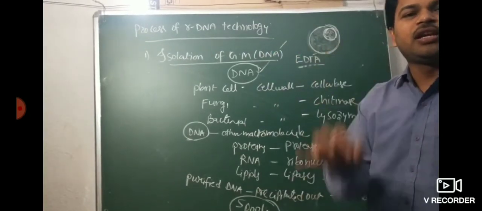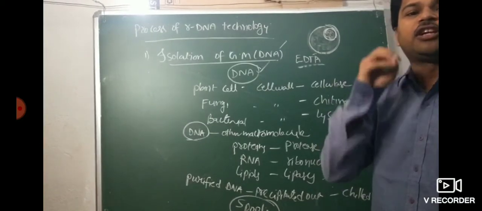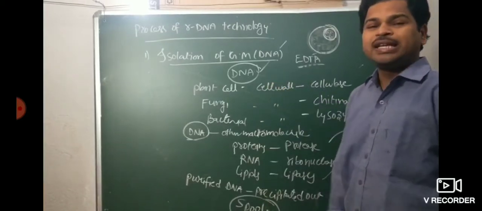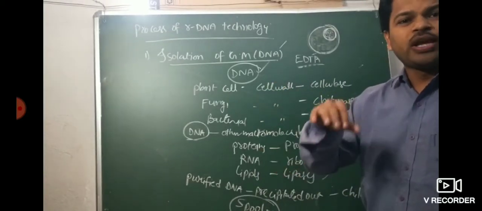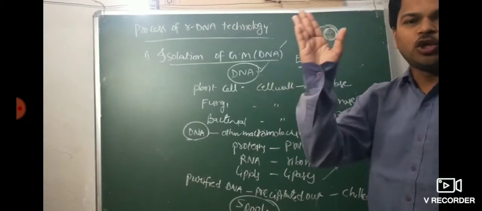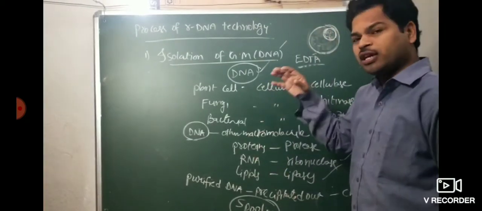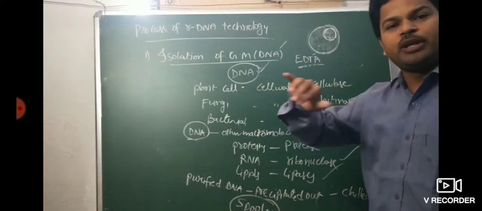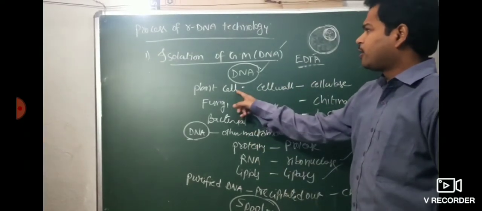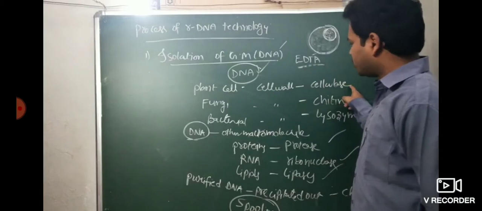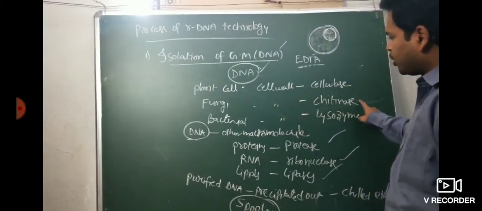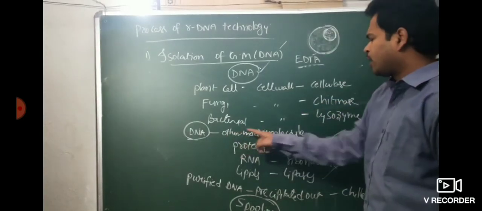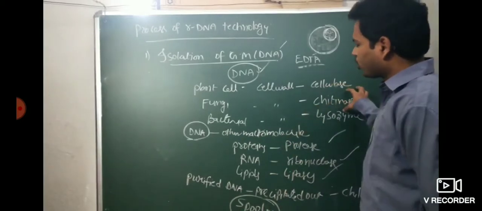ultimately, every living organism has genetic material. In the majority of living organisms the genetic material is DNA. So DNA is present inside, and to get the DNA, the cell walls need to be broken, cell membranes need to be broken, then other materials also need to be removed. For example, the plant cell wall is broken by cellulase enzyme, the fungal cell wall by chitinase enzyme, the bacterial cell wall by lysozyme enzyme. Then DNA and other macromolecules come out after the cell wall is broken.